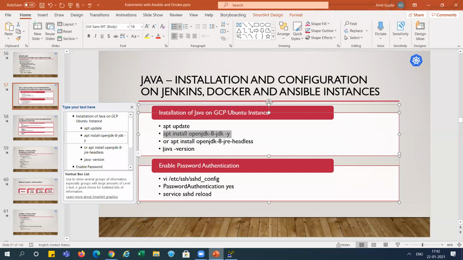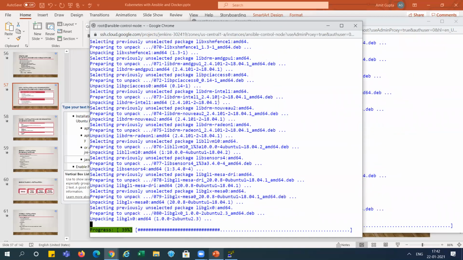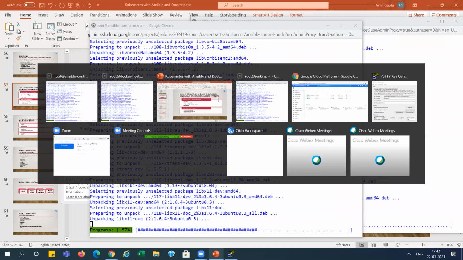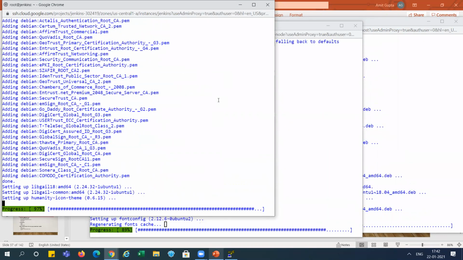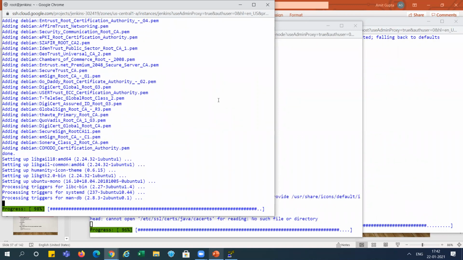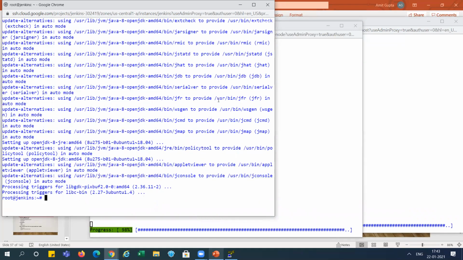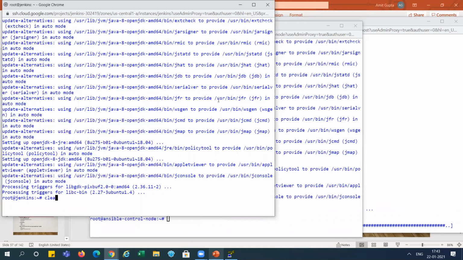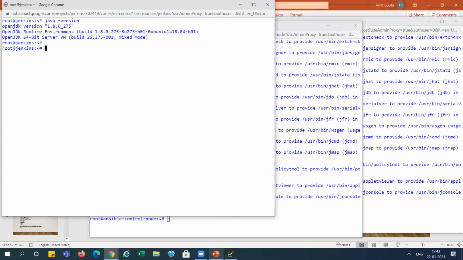After that, we will check the Java version. You can see the Java version over here, right?